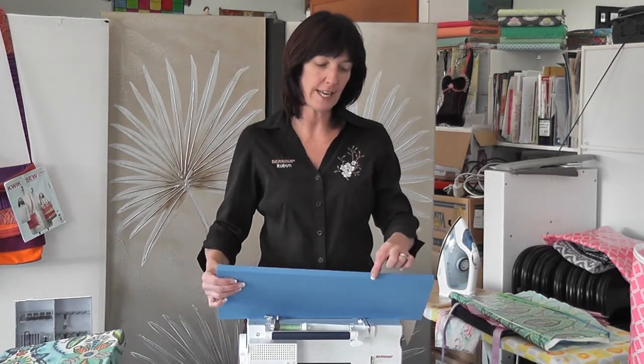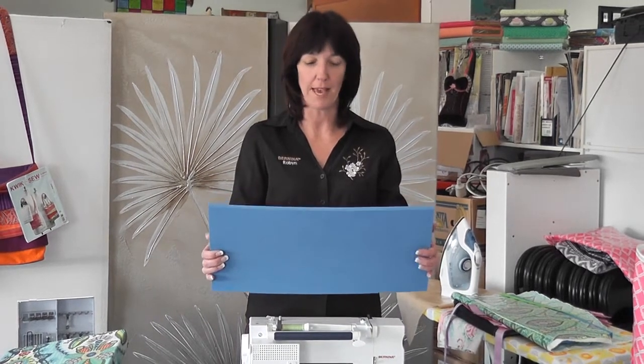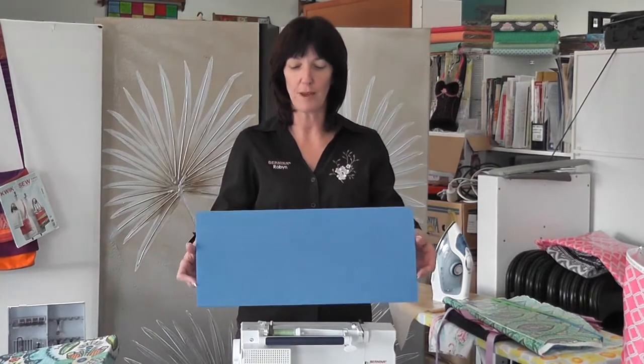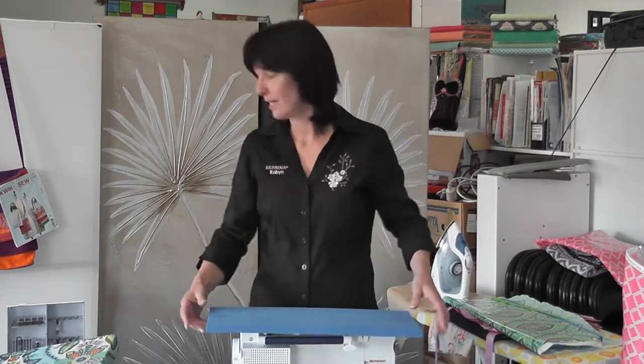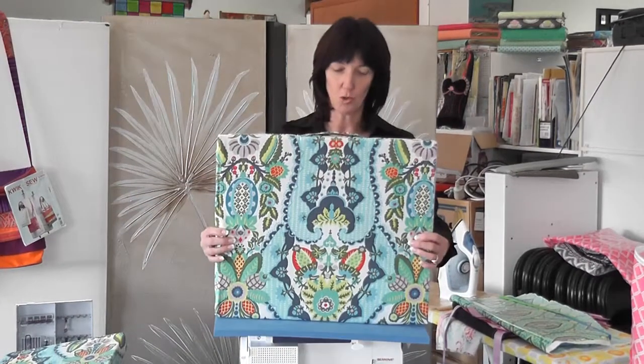So this is a 15mm wide EVA foam, and this is the perfect size for a knee pad. Now you can just go to Para Rubber. They will cut this out exactly the size you want, and this piece cost about $9. Okay, now I've got another one here that I've covered, and this is twice the size,